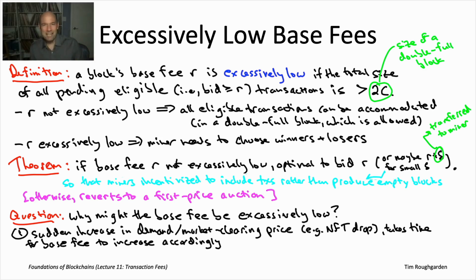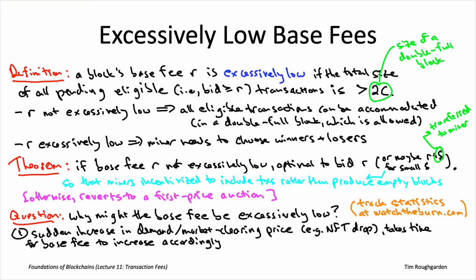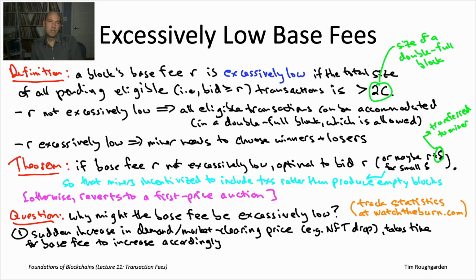Now, of course, since the transaction fee mechanism has actually been deployed in early August of 2021, we can just watch. We can just see what the block sizes are. And there are various websites where you can track that kind of data. One that I particularly like is called watchtheburn.com. If you go to watchtheburn.com, at least at the time of this recording, you're certainly in the good regime much more than the bad regime. Most of the blocks that you see are not double full, and so apparently the base fee at that time is not excessively low. But it definitely varies, and you definitely see periods where more than 10% of the blocks are in fact